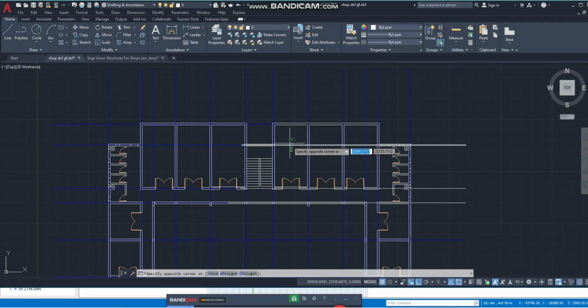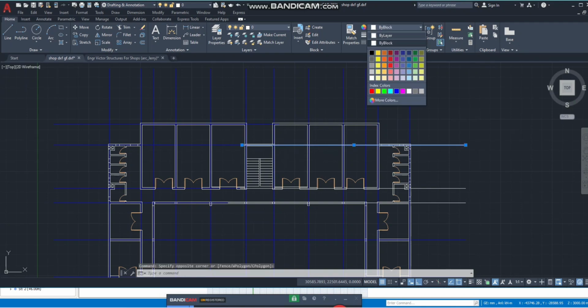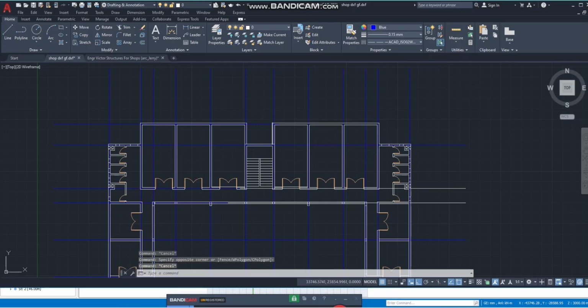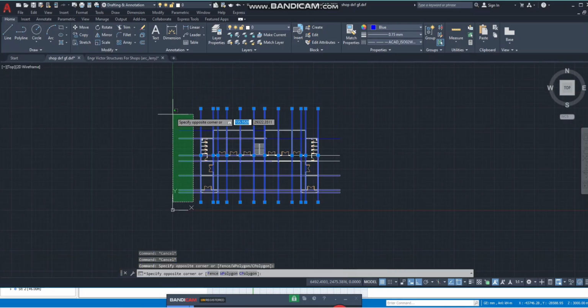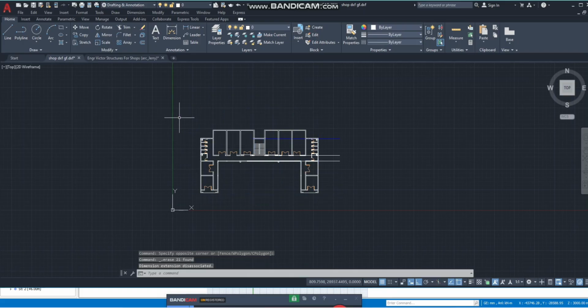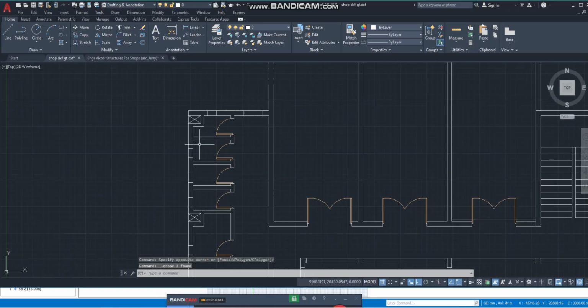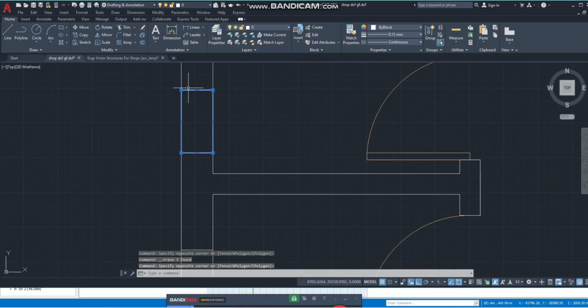These axial lines are the lines in blue. These lines in blue are our axial lines running through the center to center of our walls. So to show you how to do it, I have to delete this and input them again to show you how to